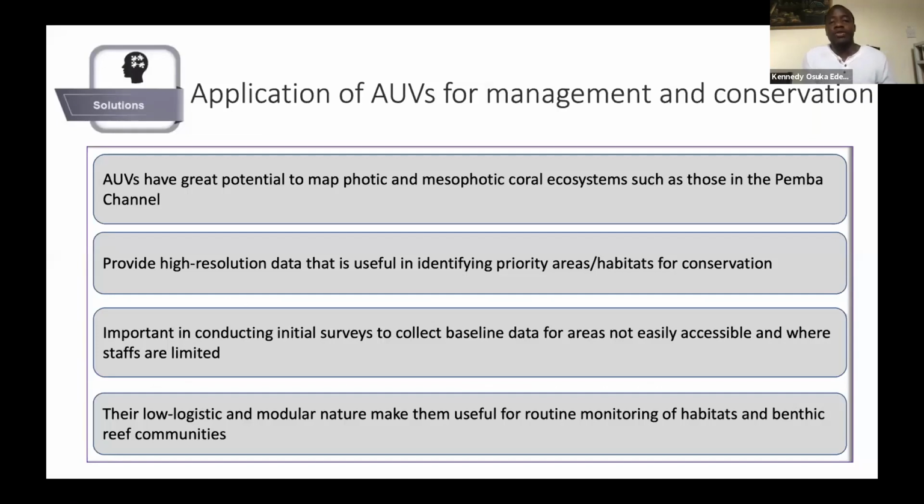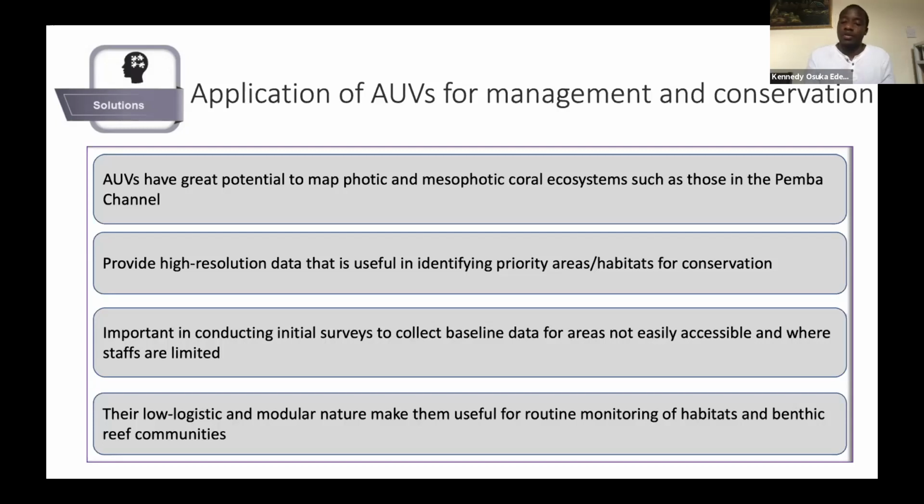So the application of AUVs for management and conservation is that, one, they have a great potential to map photic and mesophotic coral ecosystems, such as those in Pemba Channel. Two, they can provide high resolution data that is important in identifying priority areas for conservation. And also, they provide two functions. One is helping in collecting baseline data for areas that are not easily accessible or where staff are limited. And because of their low logistic and modular nature, they are very useful for routine monitoring of habitats